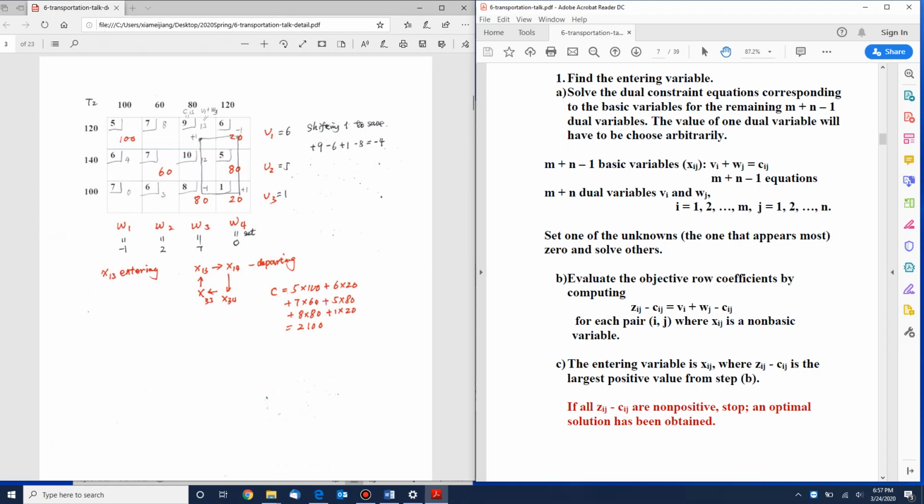Okay, now for the second row, first column, that is C21: V2 plus W1 equals 4. And for the cell C23, that is V2 plus W3, that's 12. And then V3 plus W1 equals 0 in the cell C31. And then V3 plus W2 equals 2, that's 3. So in this way, once you write that